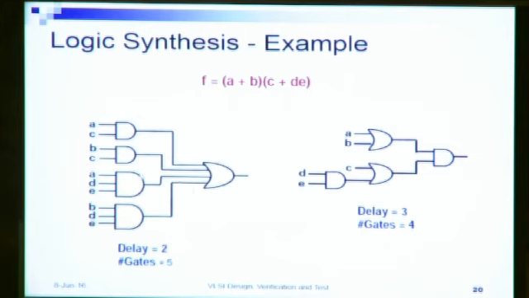However, the delay of this circuit will be lower than the delay of this circuit. Hence, we can say that this will be lower in performance but also lower in the area consumed. This will be higher in performance, consuming lower delay, but also higher in terms of area consumed. Right? This is called the micro level optimization of the circuit.